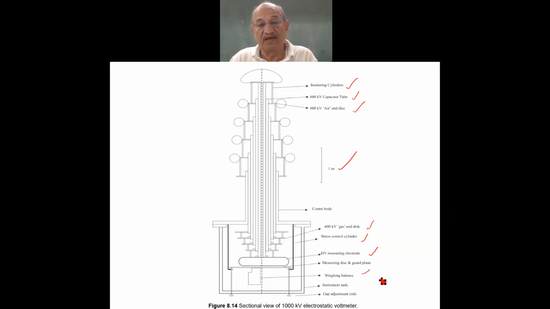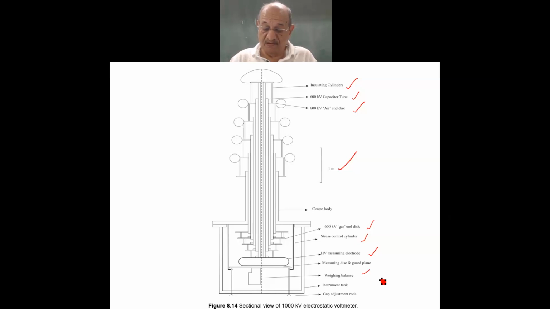So there must be a counter arrangement mechanism to check the movement. Otherwise, it will go straight, it will go unlimited movement. So there has to be a counter movement mechanism to check the movement, and